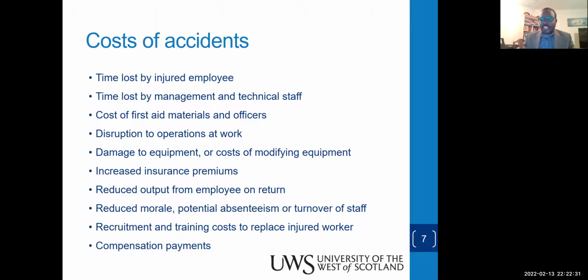If you are driving a car, for example, and you have a record of always crashing, when you go to the insurance companies, they will increase your premiums. Again, overall, we lose output. Productivity drops. Then again, if at the workplace I realize that today someone is hurt, tomorrow another person is hurt, I know it will get to my turn. So by default, I get demotivated and I'll always find excuses to absent myself from work. And again, there is always the cost involved when we have to hire and train replacements for the injured workers.